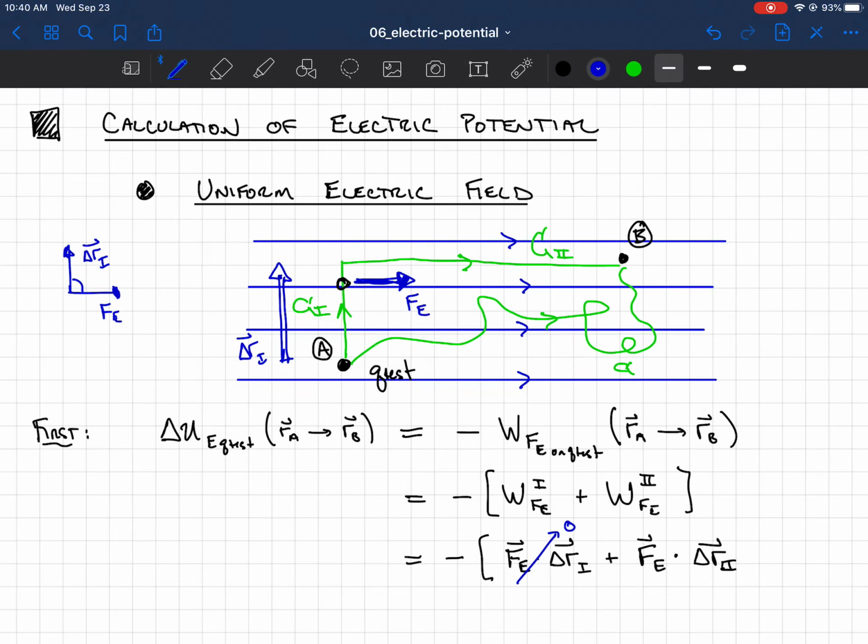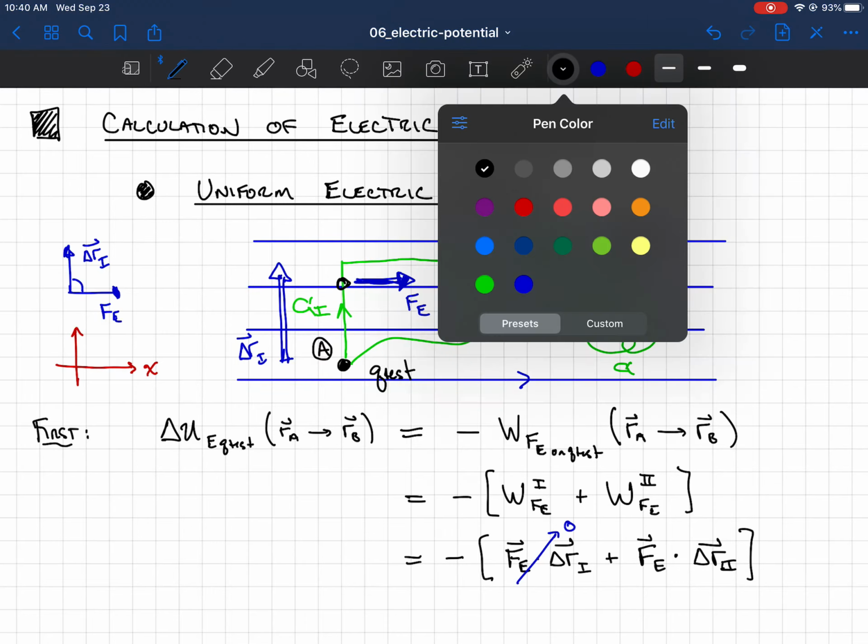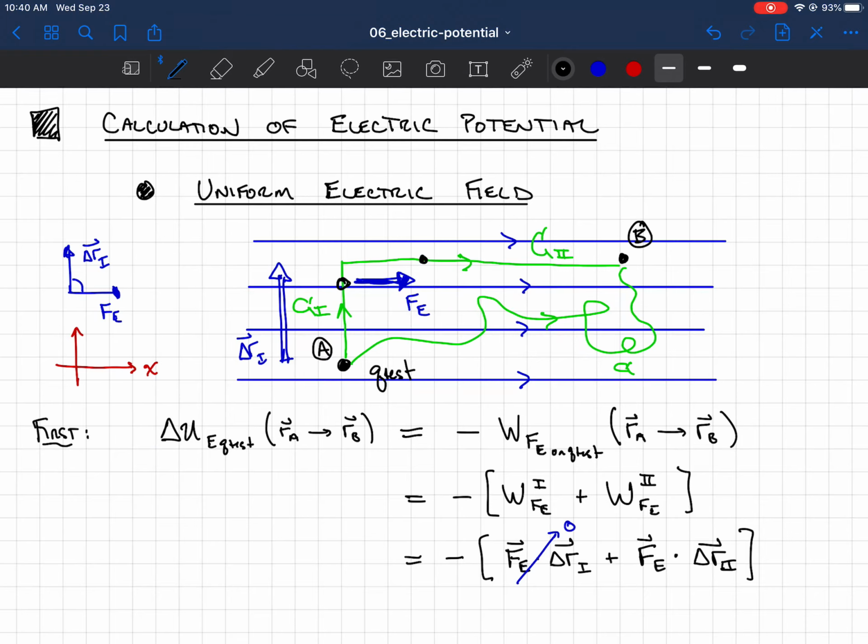In the second case, let's take a look. Let's give ourselves a coordinate system to work with. And let's say that the electric field is pointing in the positive x direction. So it's a uniform field, which means I can choose an axis to point in the direction of the field at every point in space. And so if I use that, then what I find is, looking at the test charge at a point here, I have the force of the electric field pointing with the electric field, and then my displacement vector also points in the same direction,